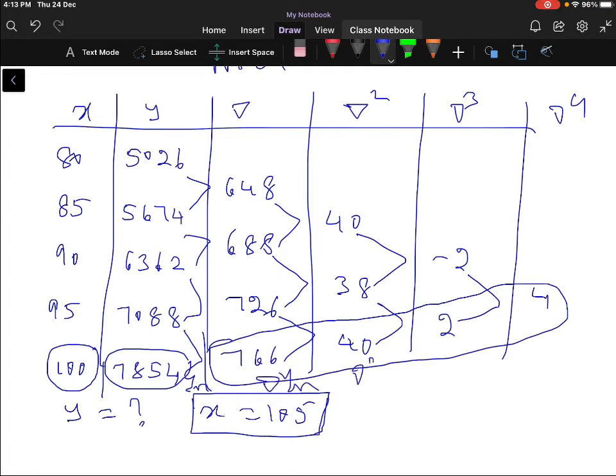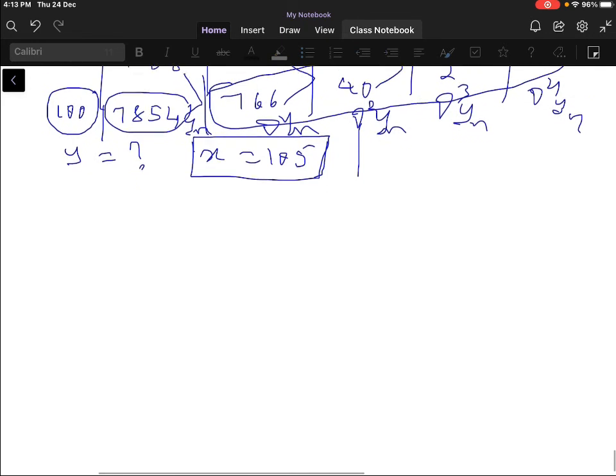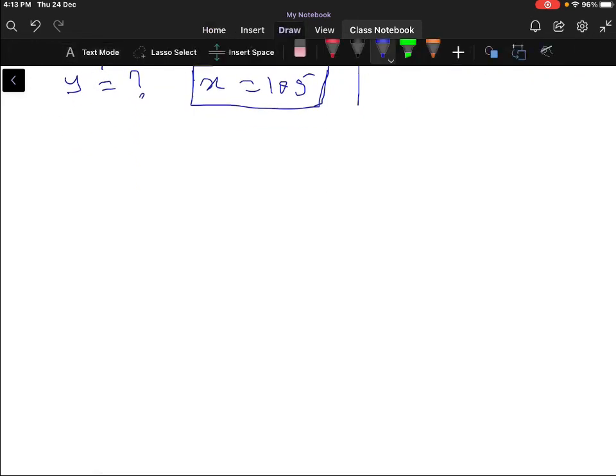766, 40, 2 and 4. So these are the leading backward differences: Nabla yn, Nabla square yn, Nabla cube yn, Nabla 4 yn. So you know that x is 105, which is near to 100, therefore you have to use Newton's backward interpolation formula. So we have